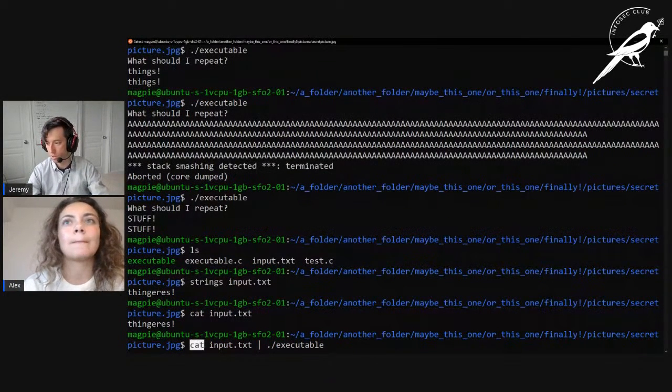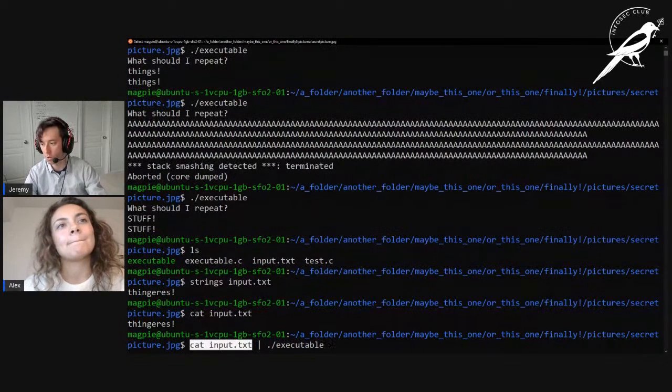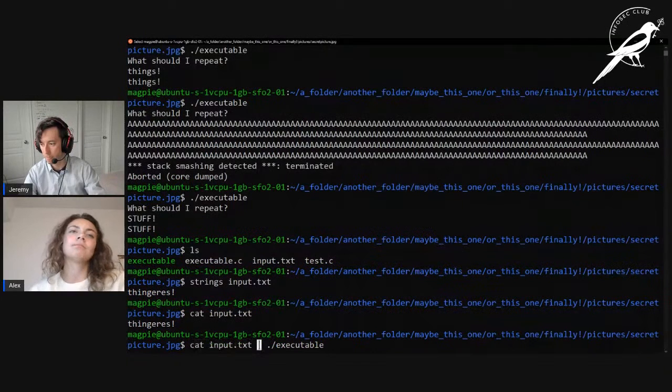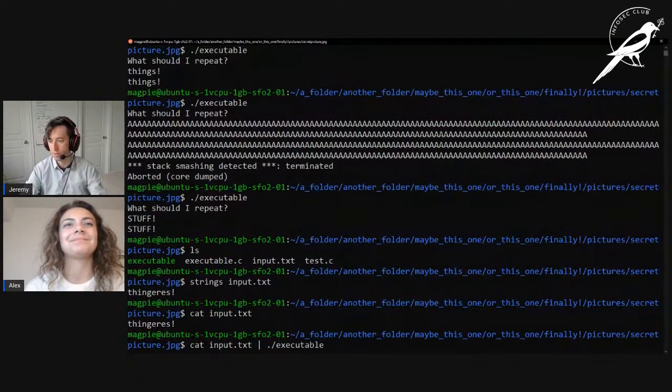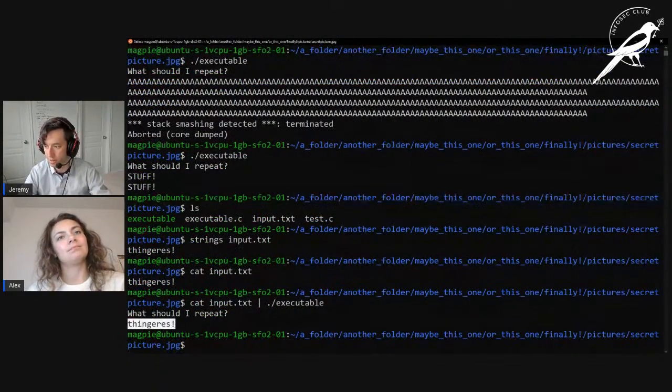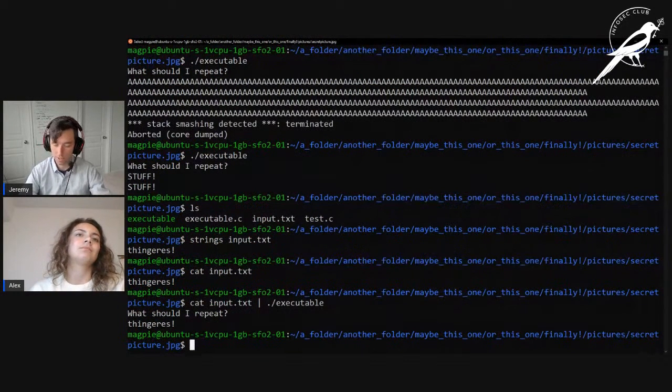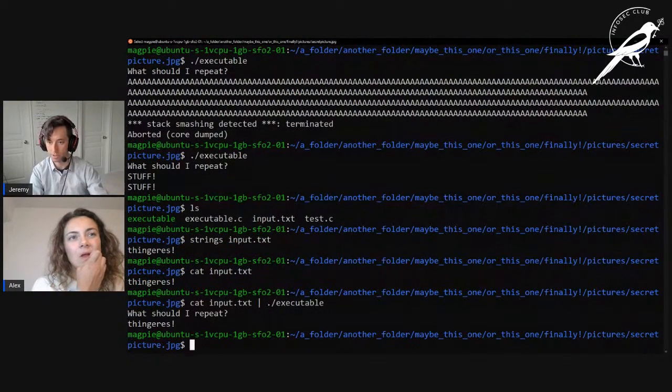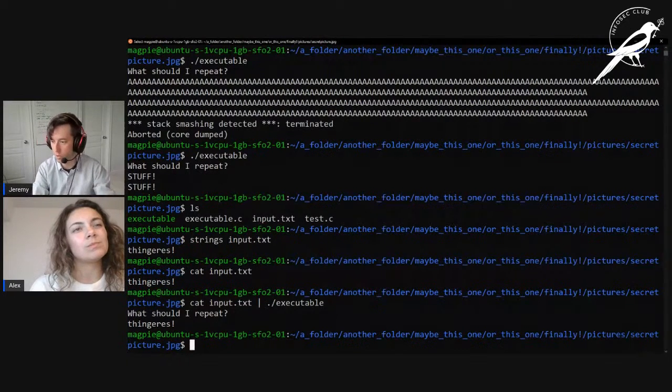So yeah, it's going to read out input.txt. When it goes to read it out onto the screen, it sends it to a place called stdout. The pipe basically says, whatever this program is trying to put out, instead direct it into this program over here. And there we can see that's the stuff that was inside of input.txt. We can change what is in input.txt if we want. And we're gonna learn another thing that we can do here.